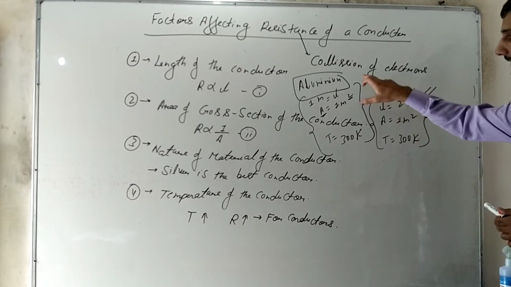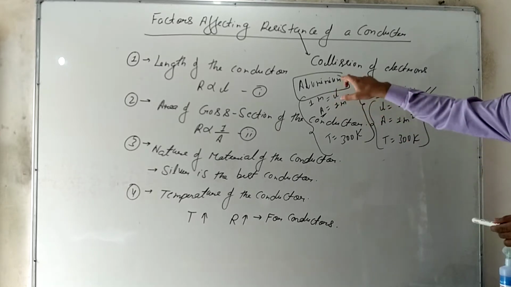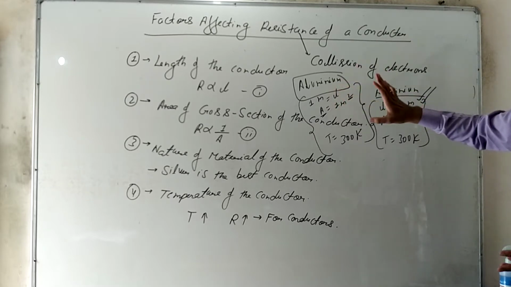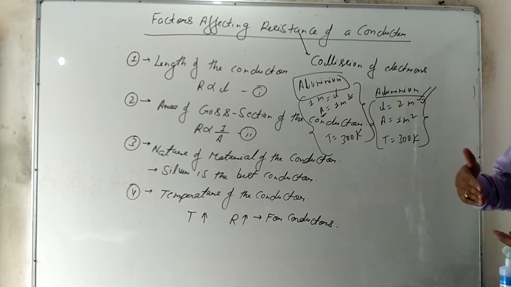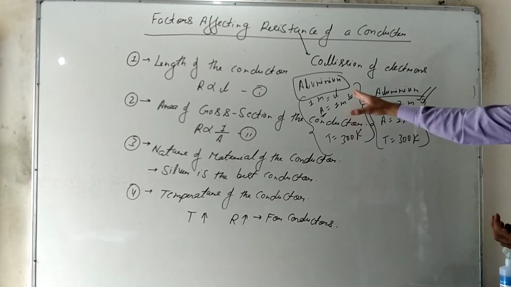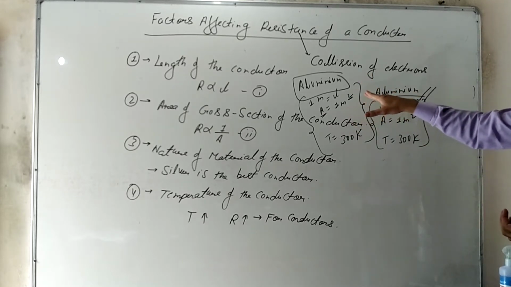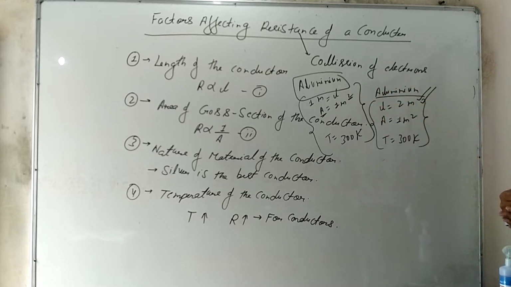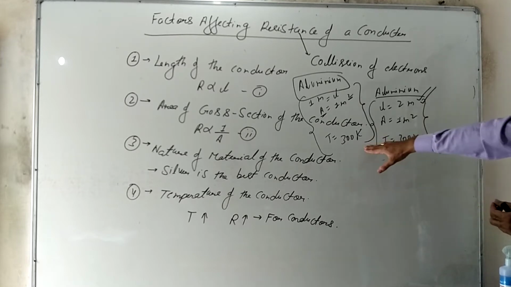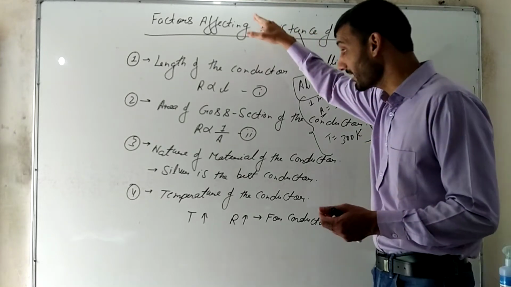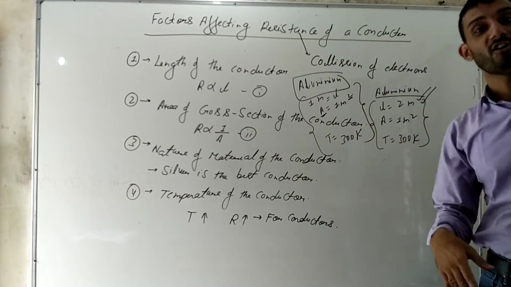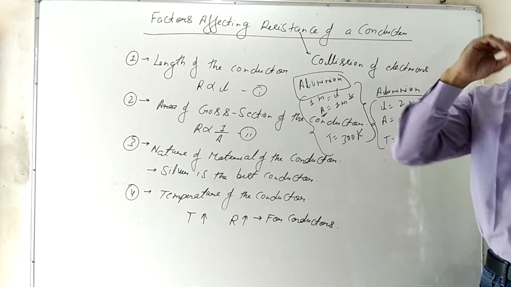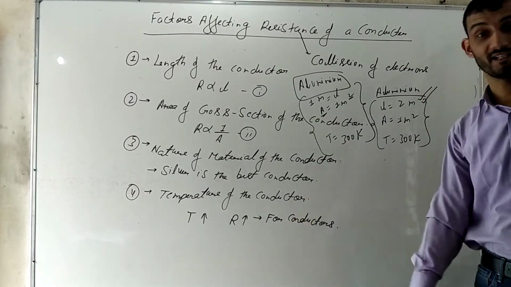See, the conductor is the same, the nature of the material of the conductor is the same, that is aluminium, but because of the length, the resistance of these two aluminium wires is different. You're getting what I'm trying to make here. So resistance is a concept which changes according to the length and which changes according to the area. Leave the temperature.